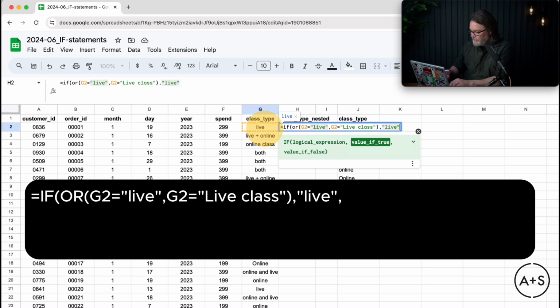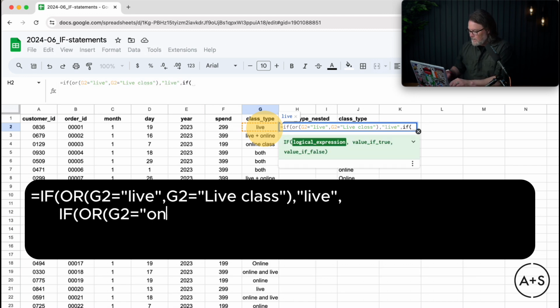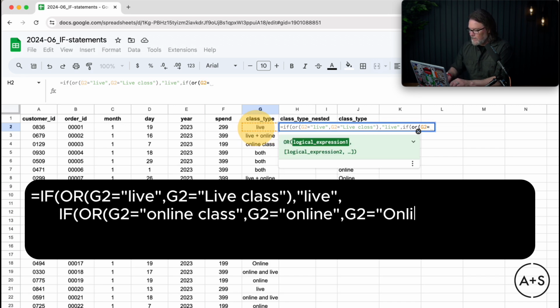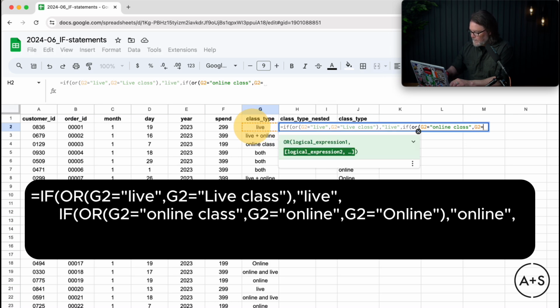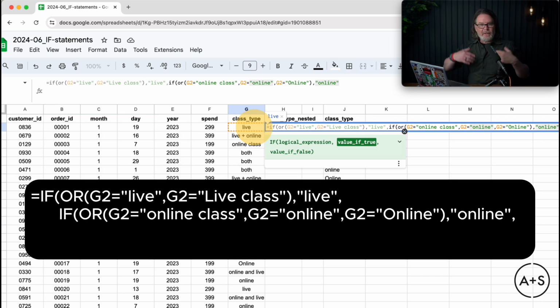a designation of live. But now, instead of saying if not, do 0, I'm going to have it trigger another IF statement. So if OR G2 equals "one was online class," or if G2 equals "online," the lowercase o, or if G2 equals "Online," an uppercase, capital O, all of that, call that online. So now I'm going to continue this function on so that we capture the hybrid courses